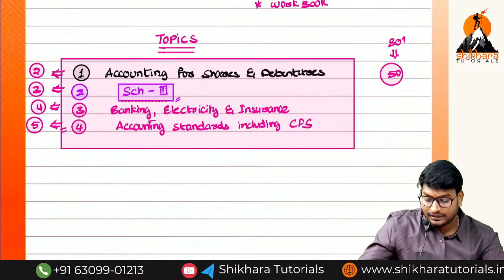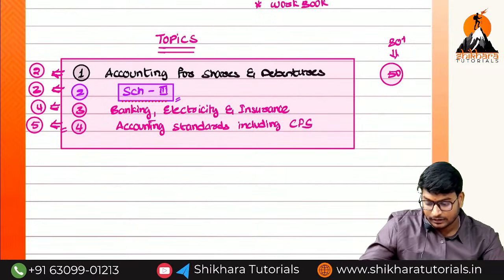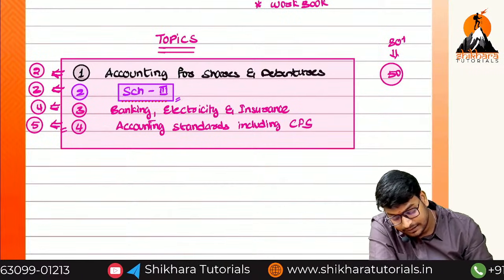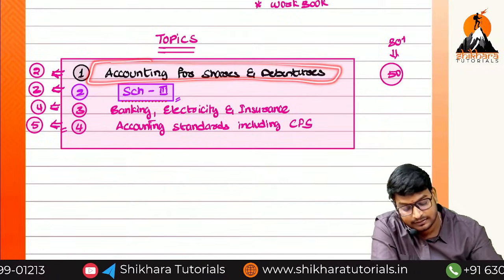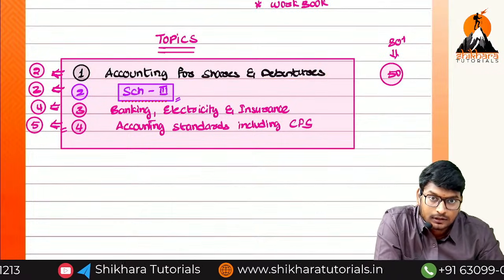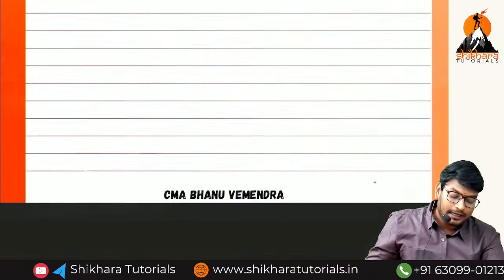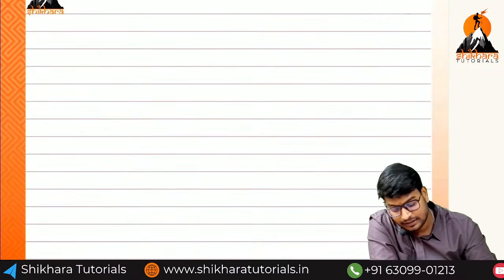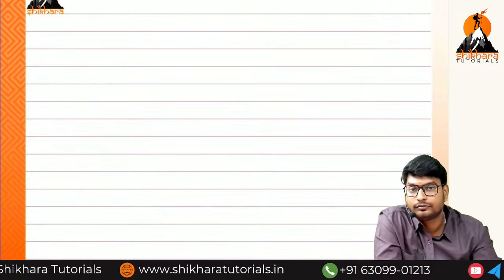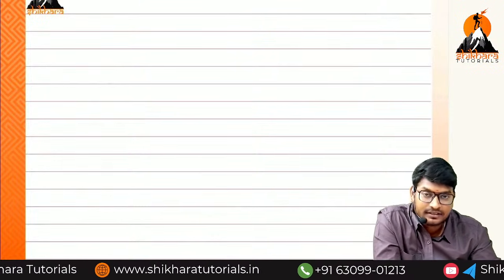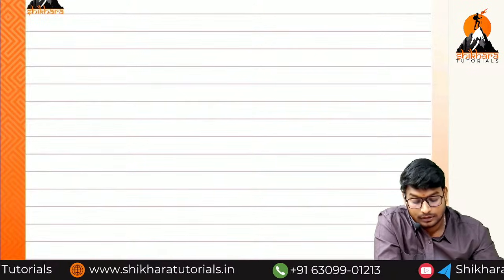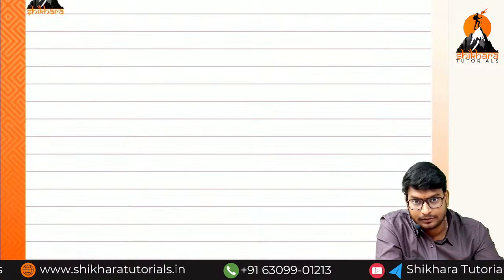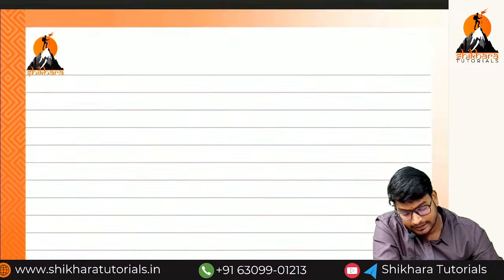Next, what we need to discuss. What is the first chapter? The first chapter is accounting for shares and debentures, which is nothing but journal entries. For journal entries, I have a different approach compared to the other faculties. I don't know which method they followed in the previous organization, or if you took coaching from another institute. But in my class,